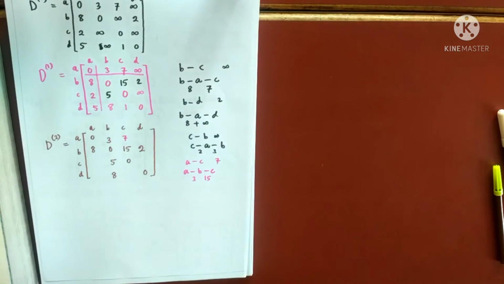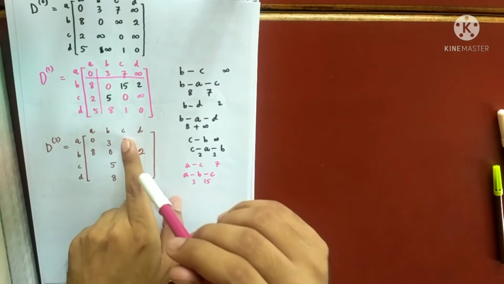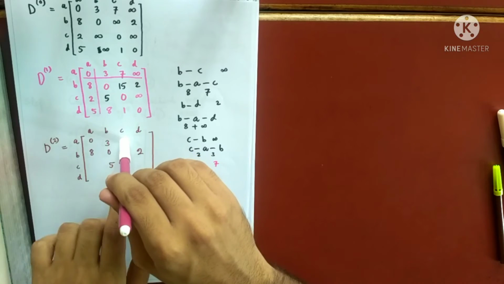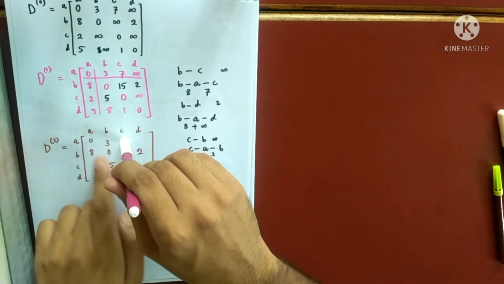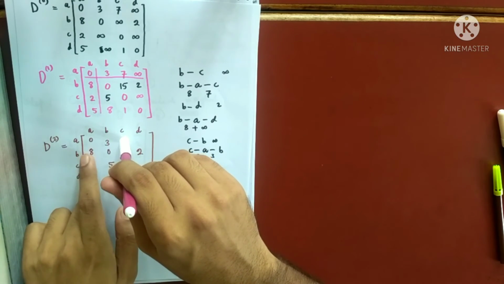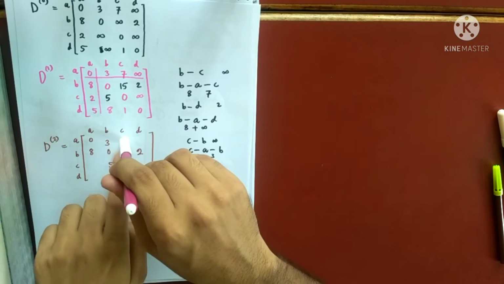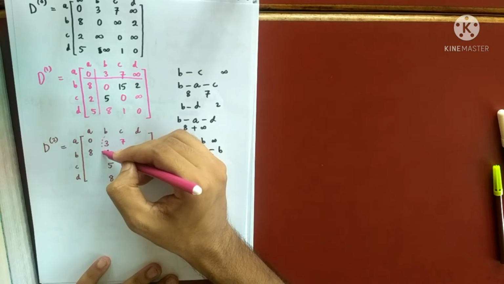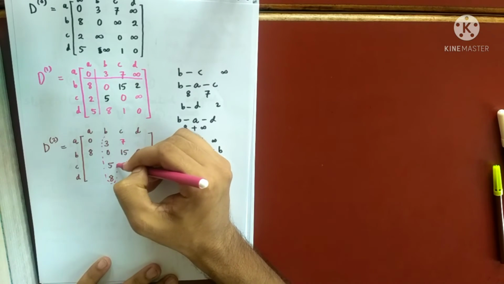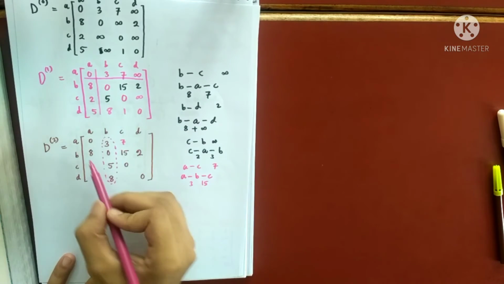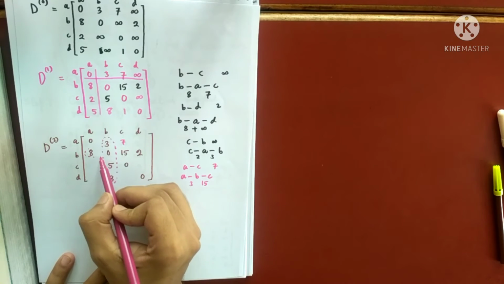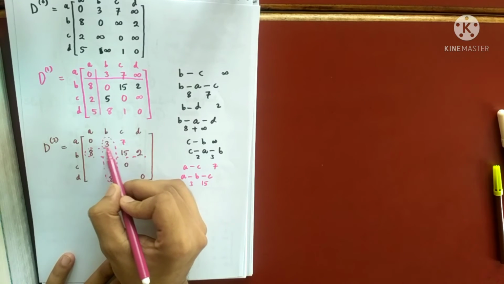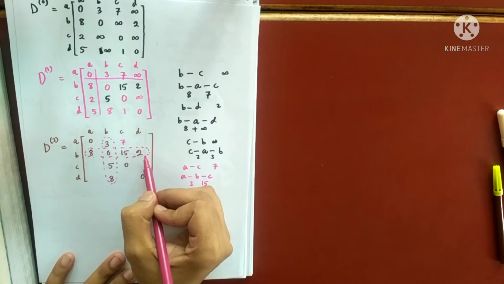So again you notice one thing. I was supposed to fill up this blank, this box. So it was a sum of this number. It was a sum of this and this row, right? So 3 plus 15, it is 18. So you have to just focus on this row, this column and this row. I'll tell you why. So that will be much easier to fill up the boxes or the blanks.